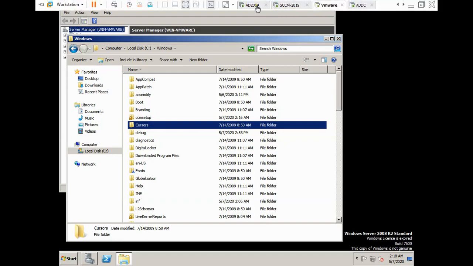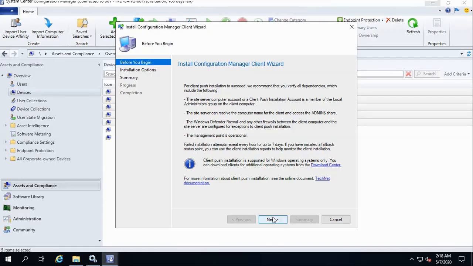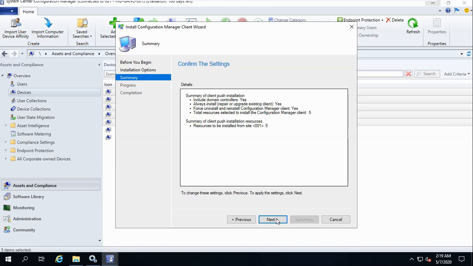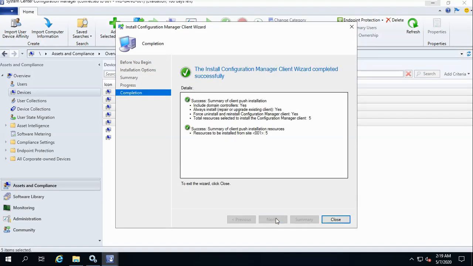Just select next here, and now you can select always install the client, uninstall if any existing is there, and install the client software from the specified site. We have one site only, so just give next here, and it is done.